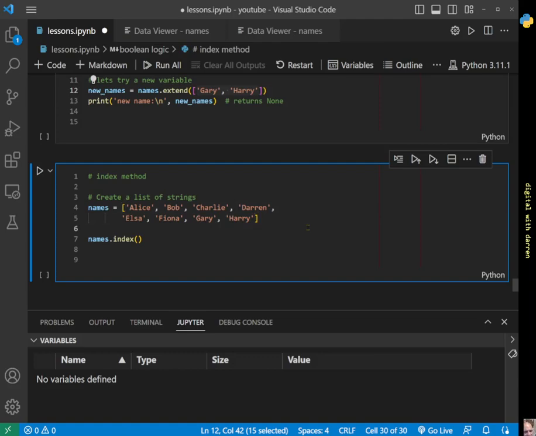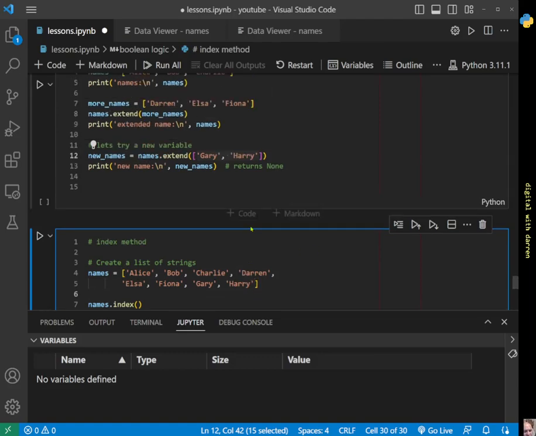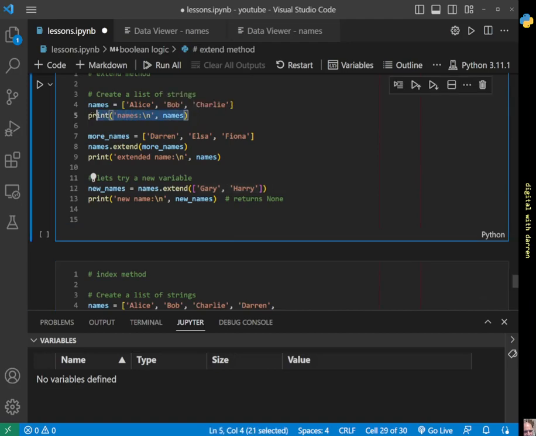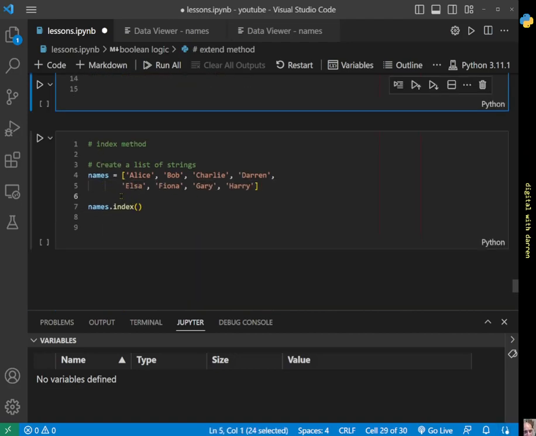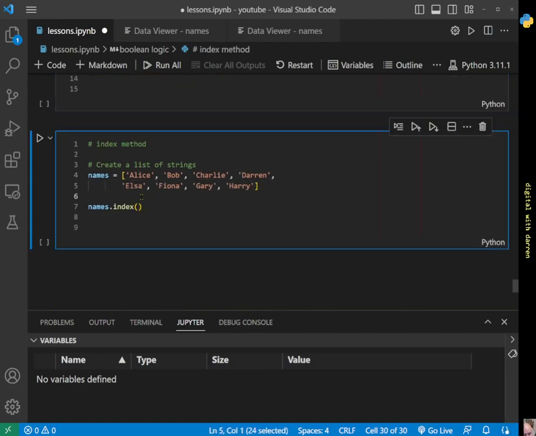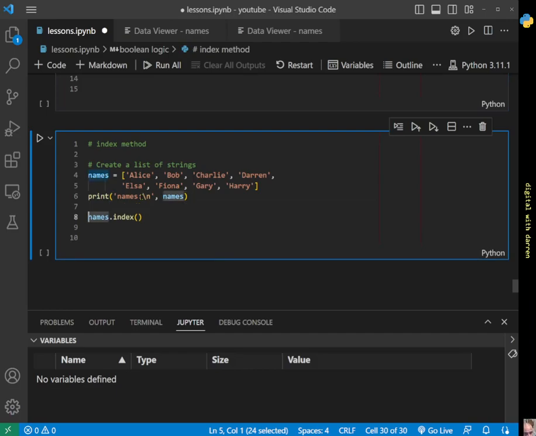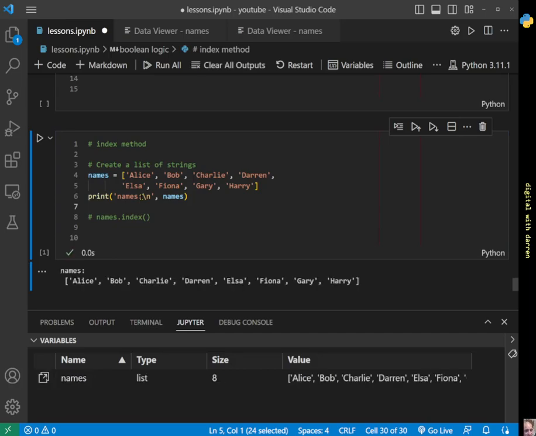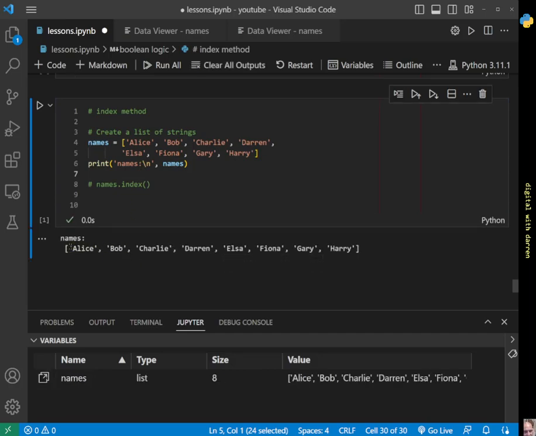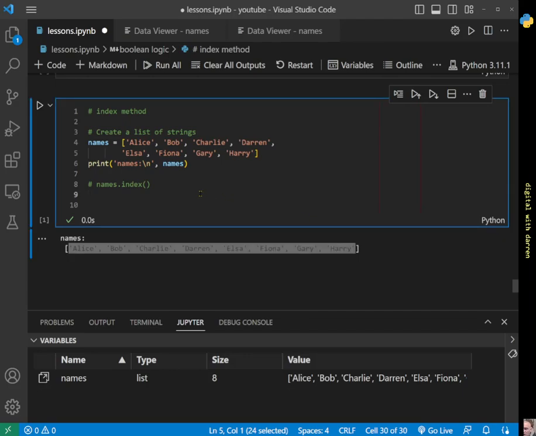So we've created a list of strings, and let's take this to save ourselves the writing. We can print out our names over here like that, and we'll comment this out for a second. There we go. We've got our list of names: Alice, Bob, Charlie, Darren, Elsa, Fiona, Gary, and Harry. And we're going to try our